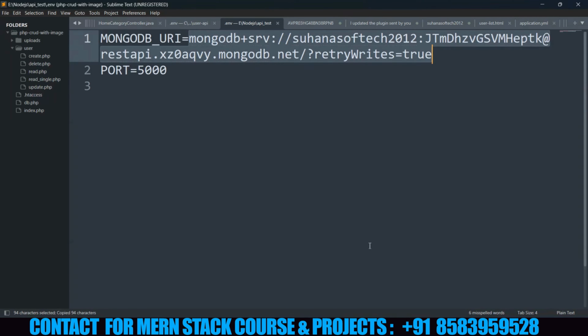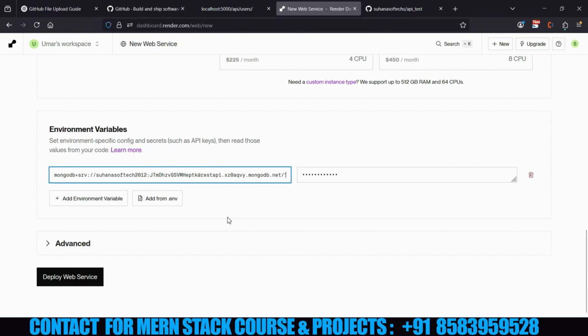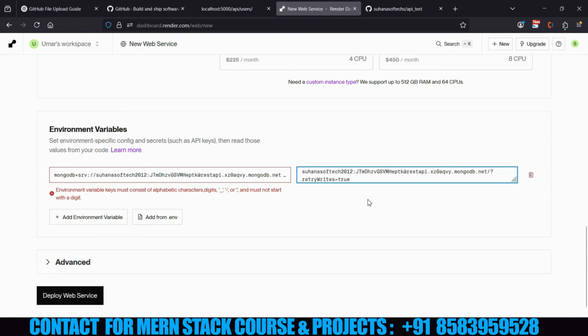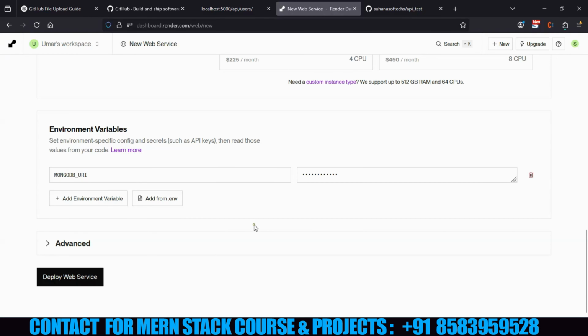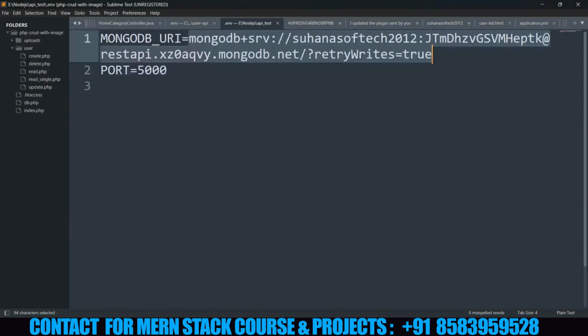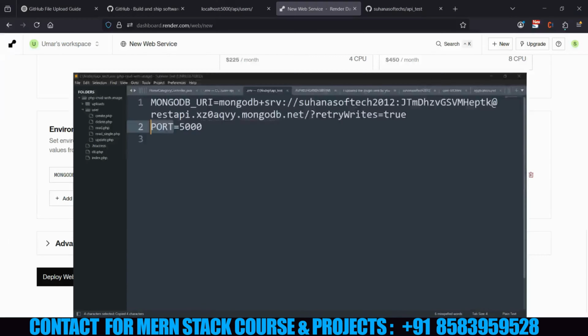Okay, this one on the right side, and on the left side it was this MongoDB. Next one is the port number. That one also you can specify here, port, this, and then